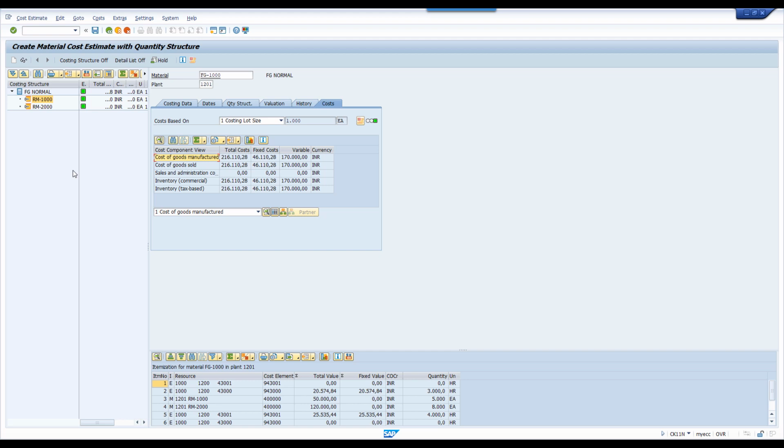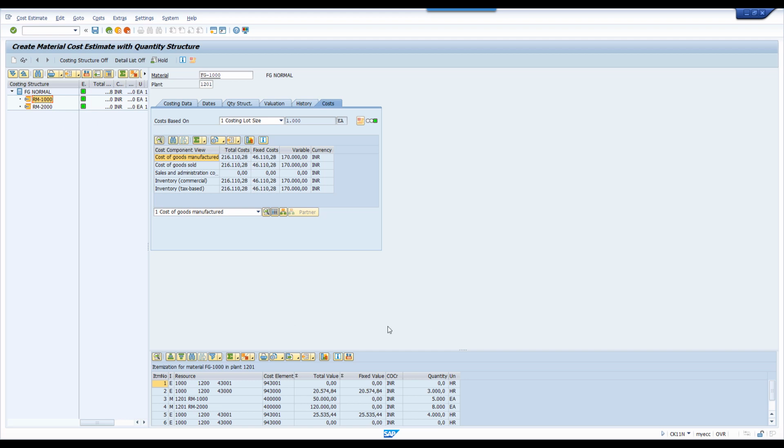Practically, when you do the cost estimate in mass, system will cost even for raw material. It will take time in processing even for the raw material. That means we are wasting our time for doing cost estimate for raw material as well. Literally, it is not required. For that reason, SAP gives this: if you don't need any cost estimate for raw material, select this indicator. That way you can increase the speed of your costing. Hope you understand what is the importance of this one.